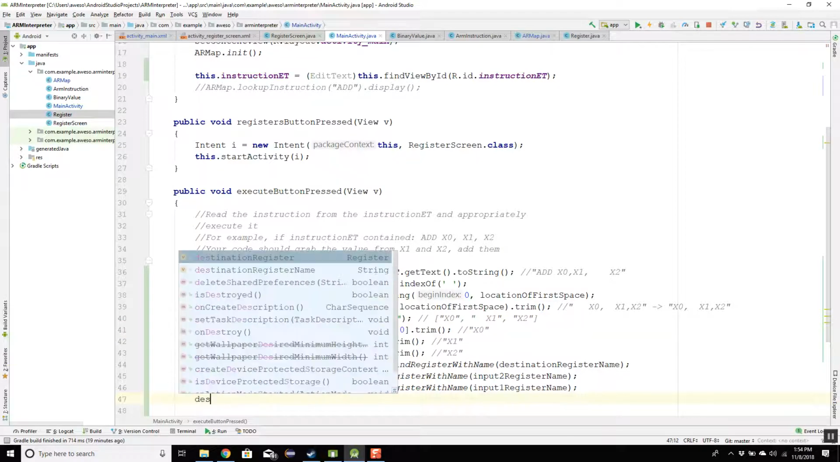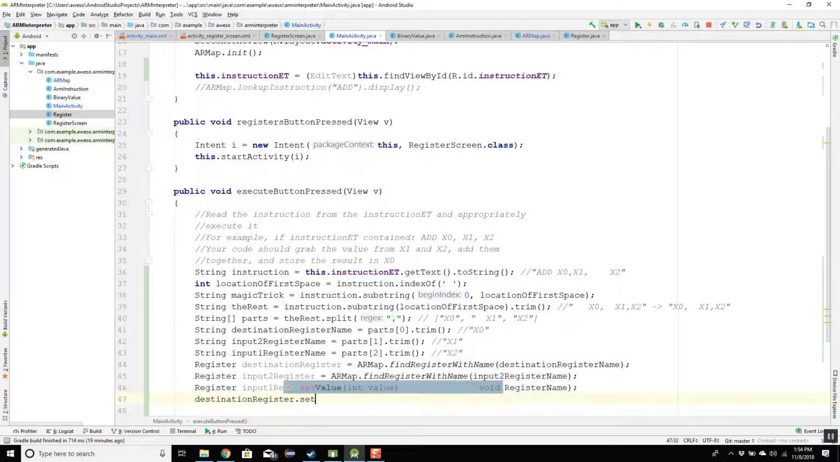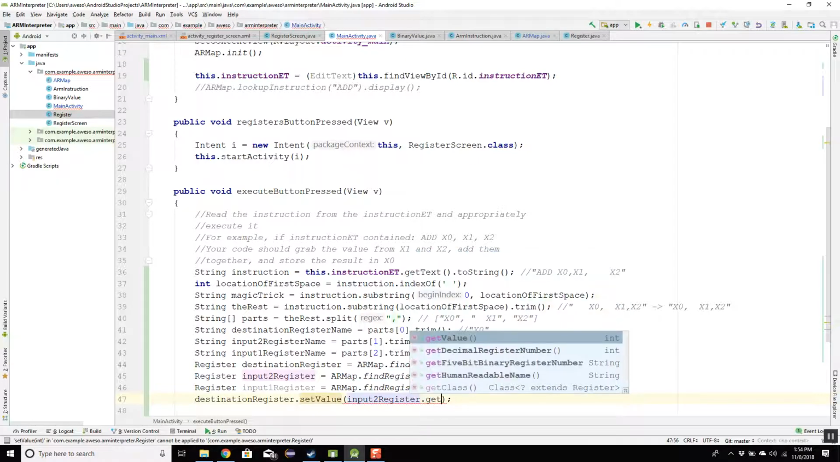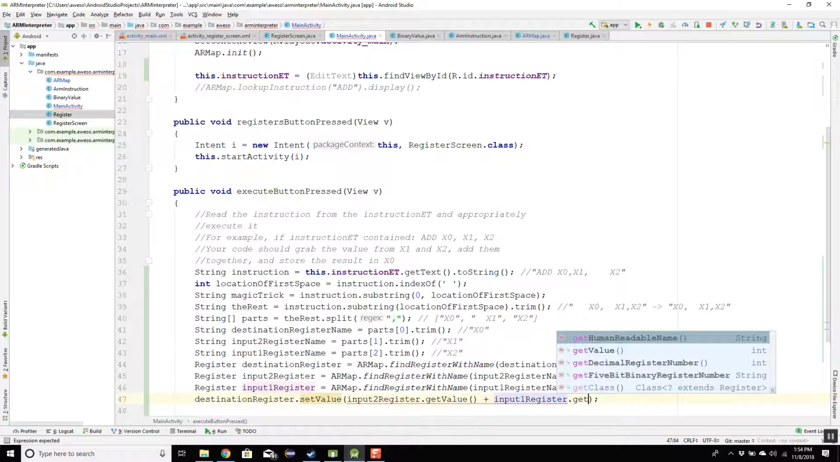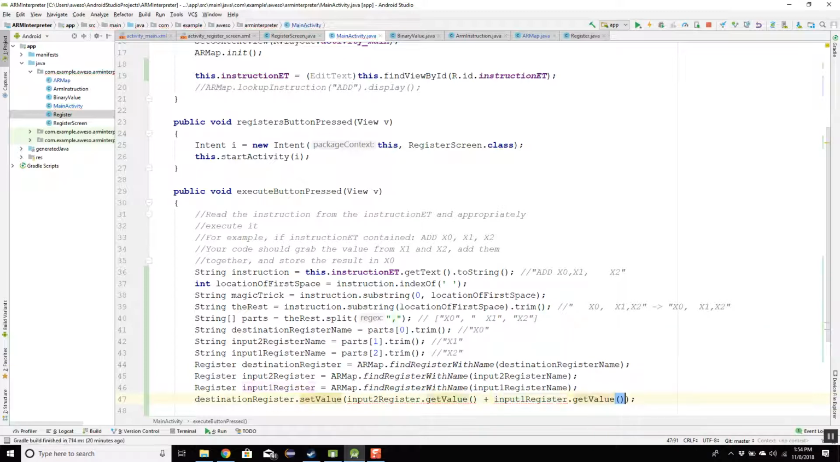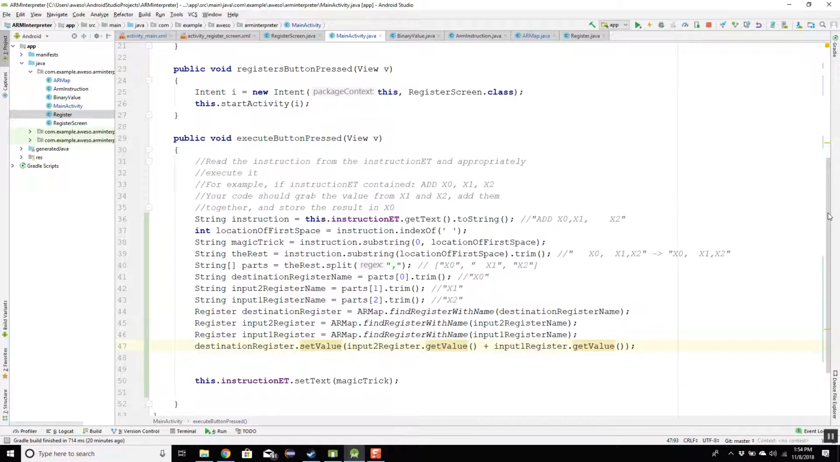So we'll say destination register dot set value. And what am I going to set as value to? Input 2 register dot get value plus input 1 register dot get value. And we'll no longer modify our